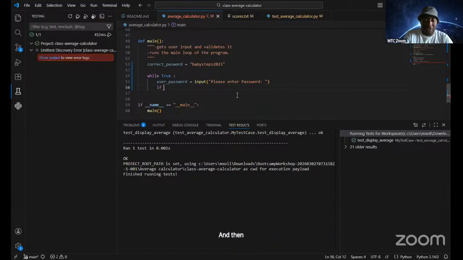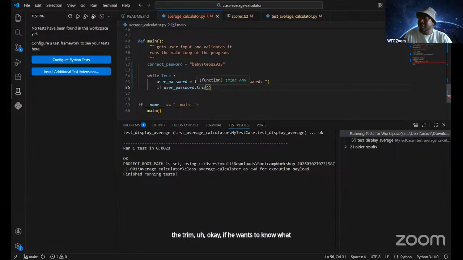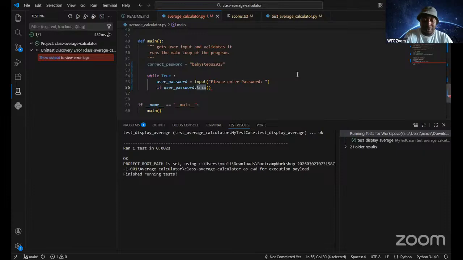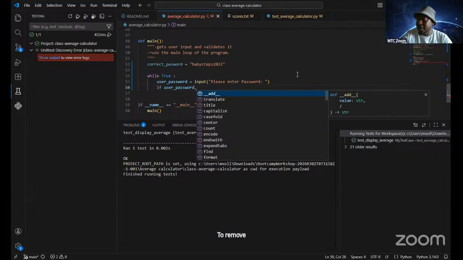And then we say that if this user password, we can go as far as using .trim. If you want to know what .trim does, it removes the trailing white space.